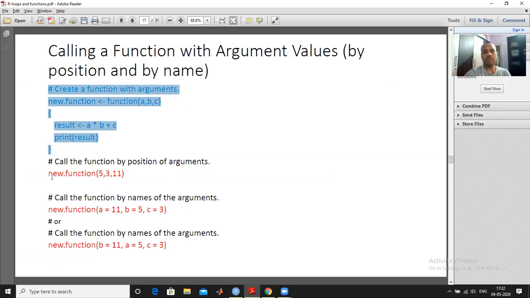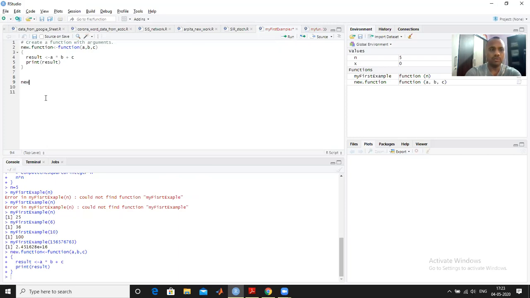Meaning if I write new dot function 5 3 11, it means 5 will be assigned to a, 3 will be assigned to b, and 11 will be assigned to c. So I write new dot function. The suggestion is already there because I have run the above code. So new dot function and 5 3 11.